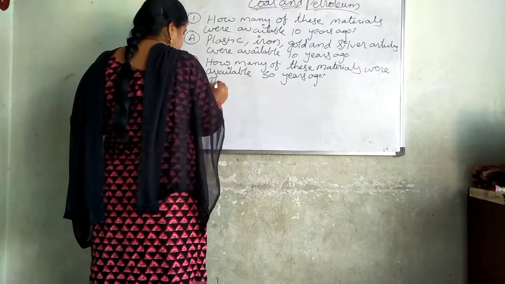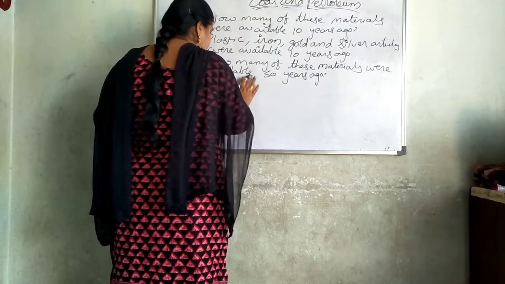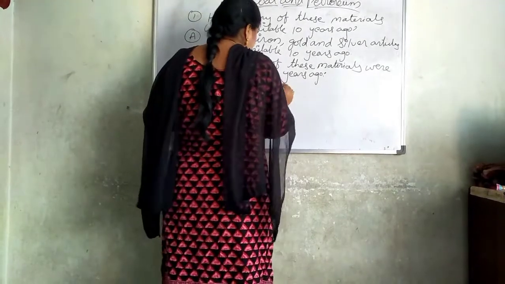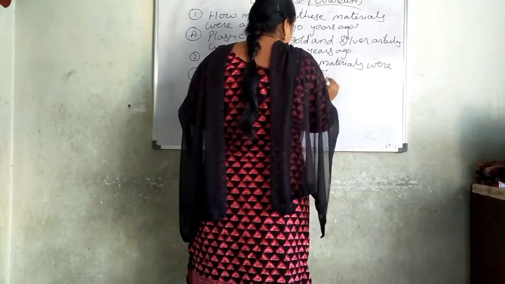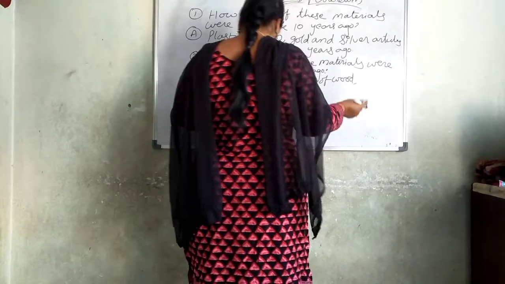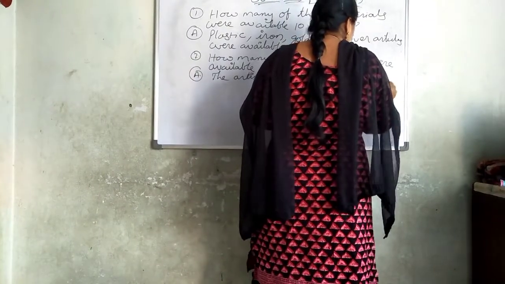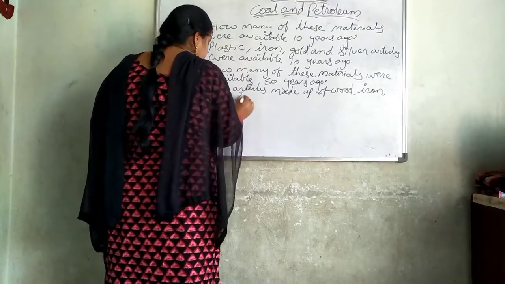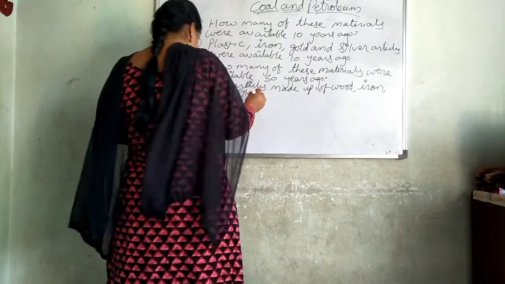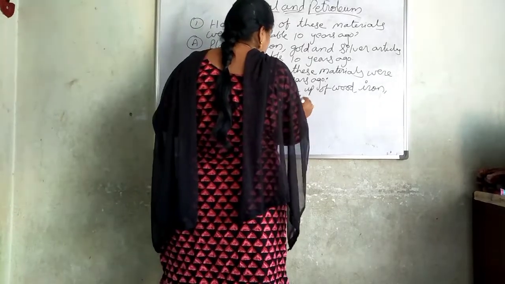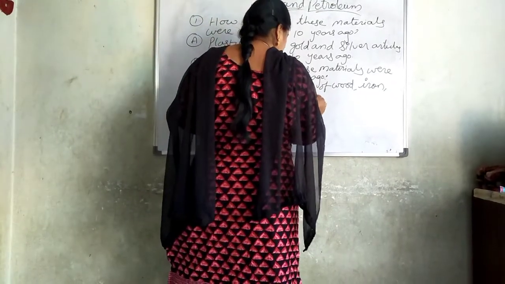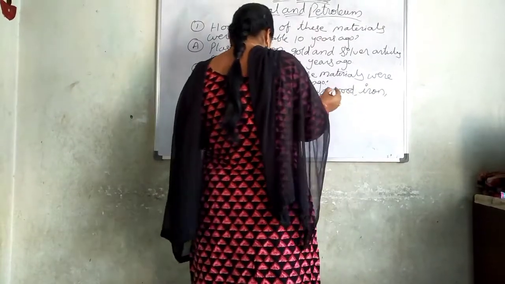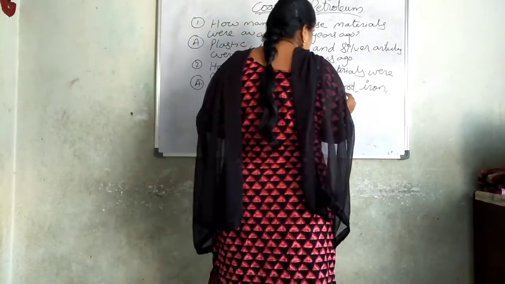Answer: the articles made up of wood, iron, gold, silver were available 50 years ago,